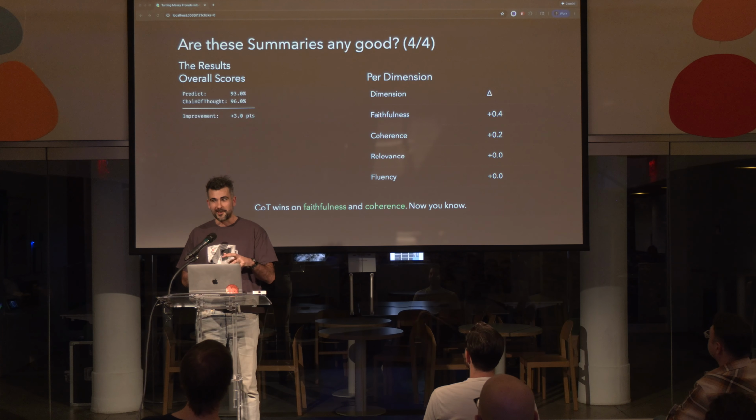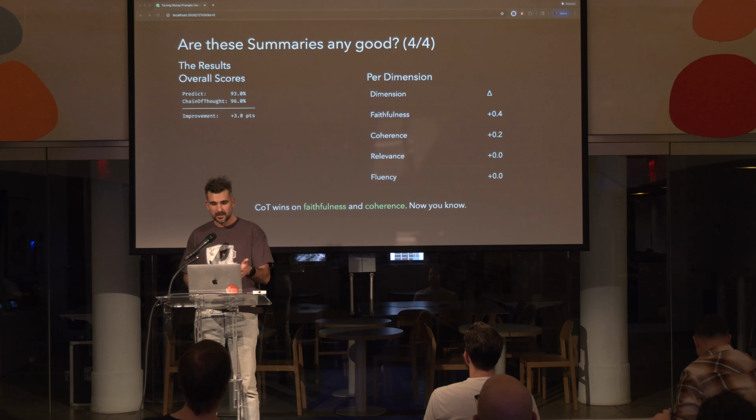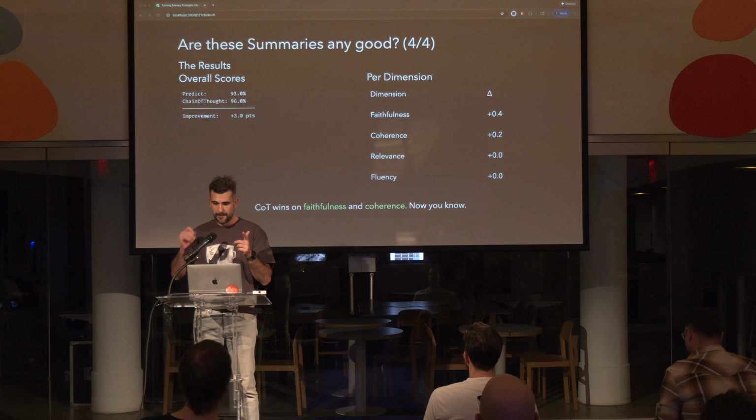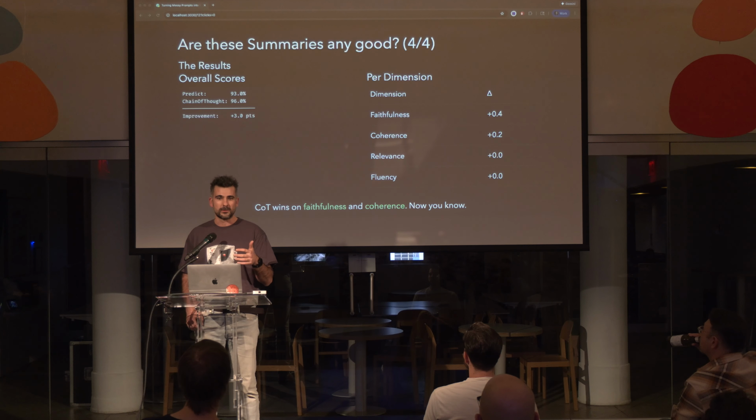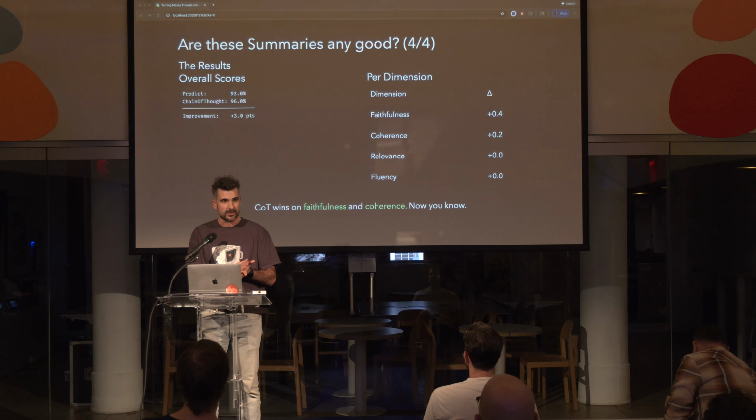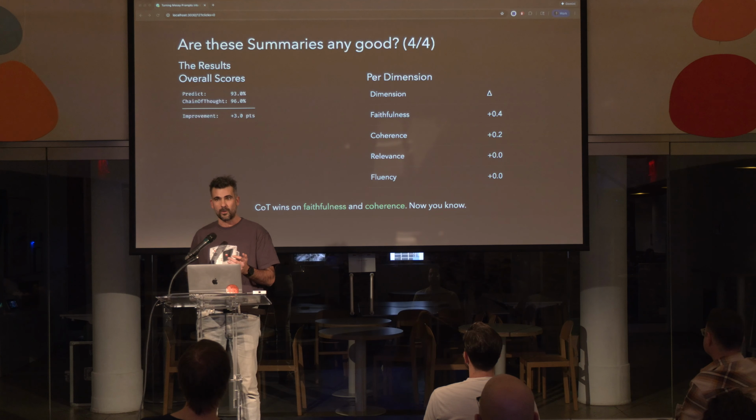But the interesting point here is not the numbers or who wins, it's what's important for us as a team building AI features. For example, when you look at the data here, chain of thought is stronger with faithfulness and coherence, not relevance and fluency. That gives you and your team an option to make trade-offs: are these dimensions good or not? Or what do I need to improve that is important to our customers?